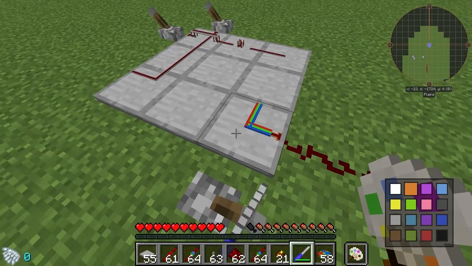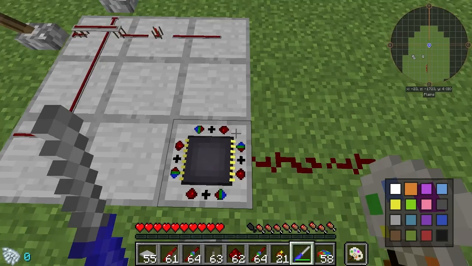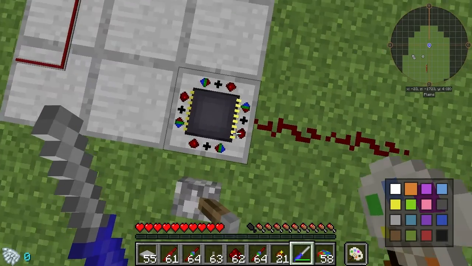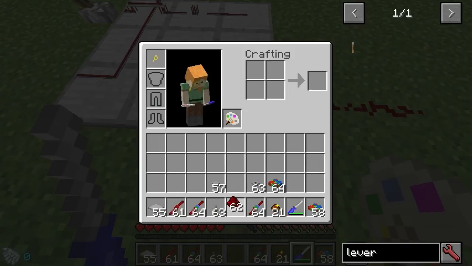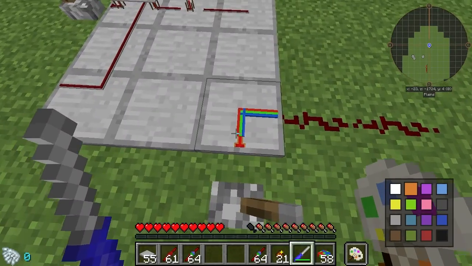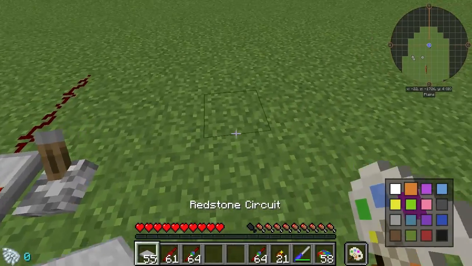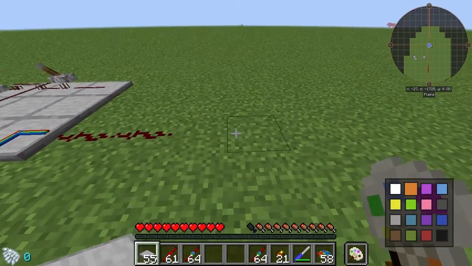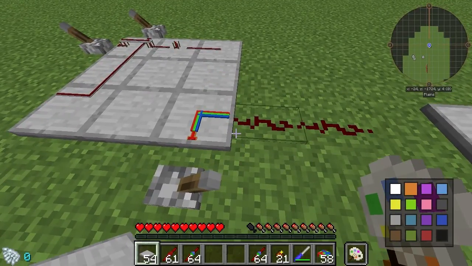So let's look at this thing. So we've got it on, all the things should be working now. So yeah, what we could do, for instance, is say we pick this up. What we could actually do is you can put it into an actual kind of circuit. Let's put it on the same kind of configuration here. So what if I did